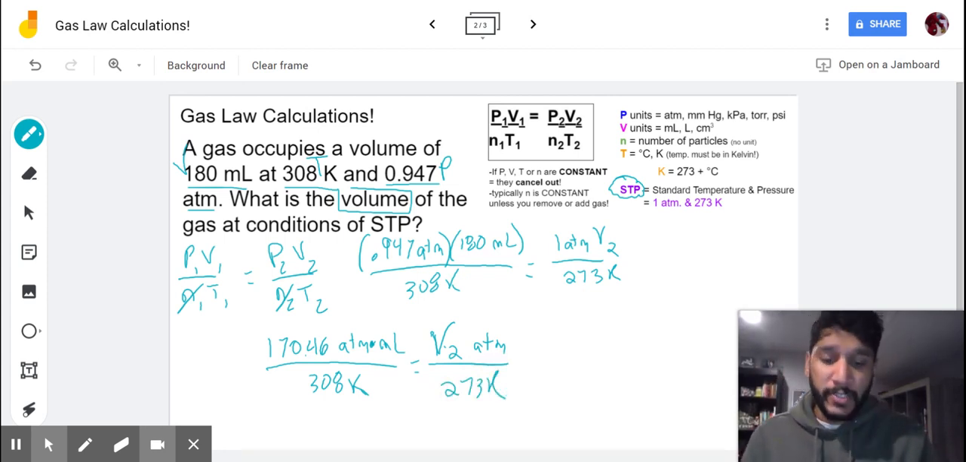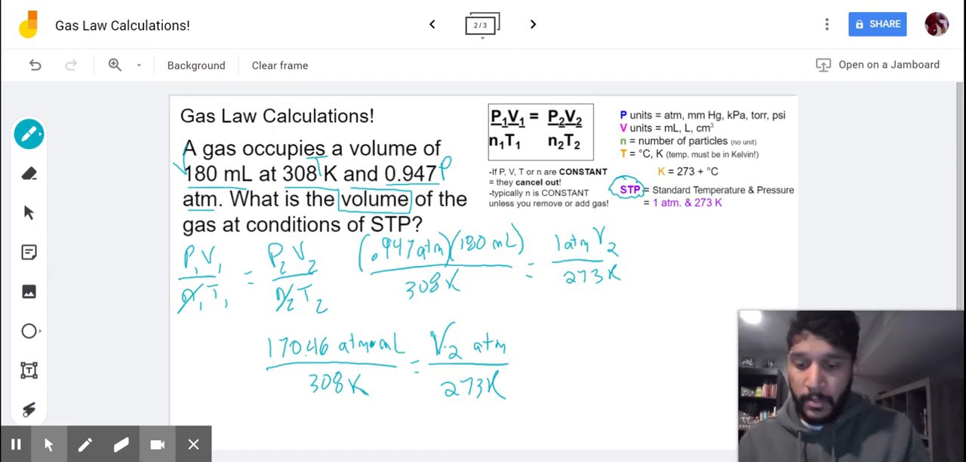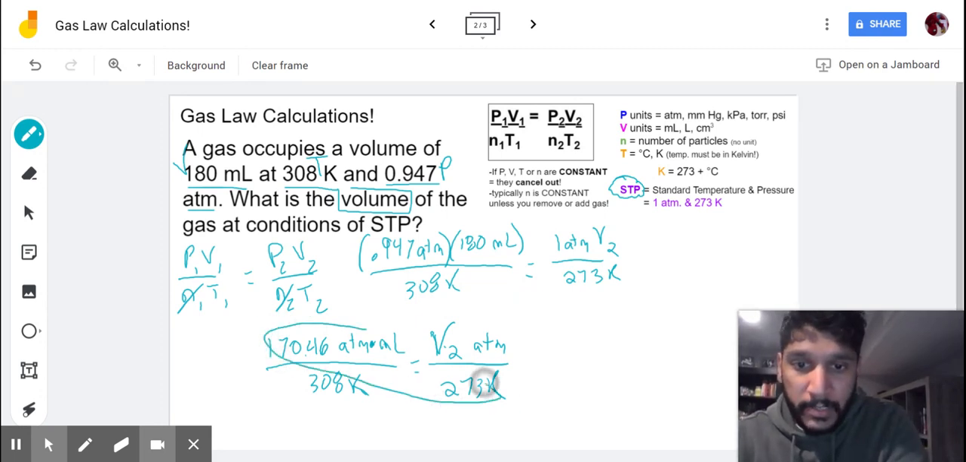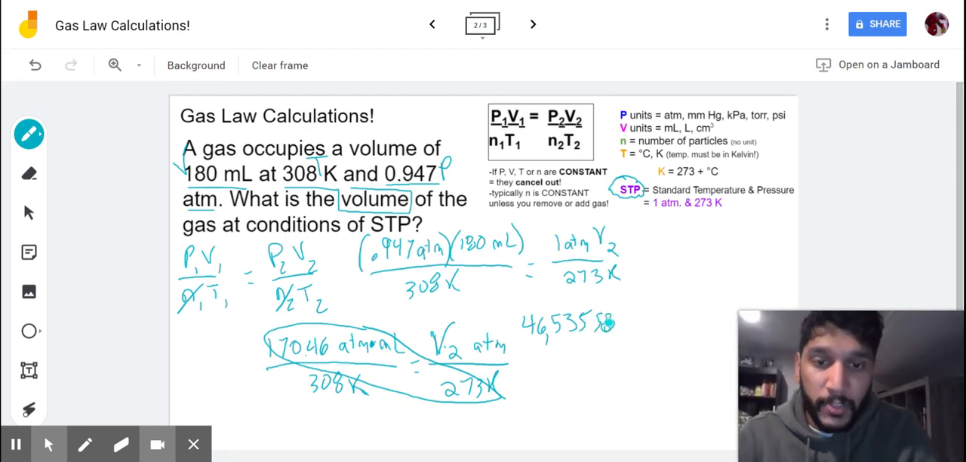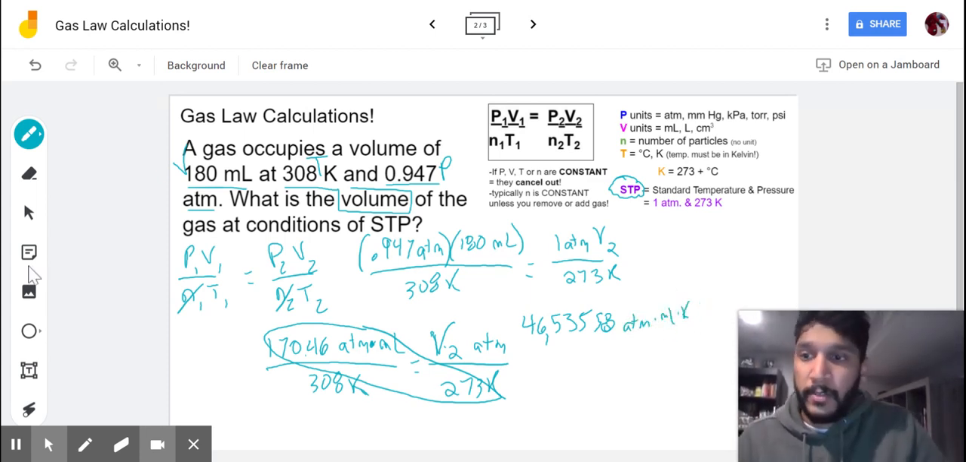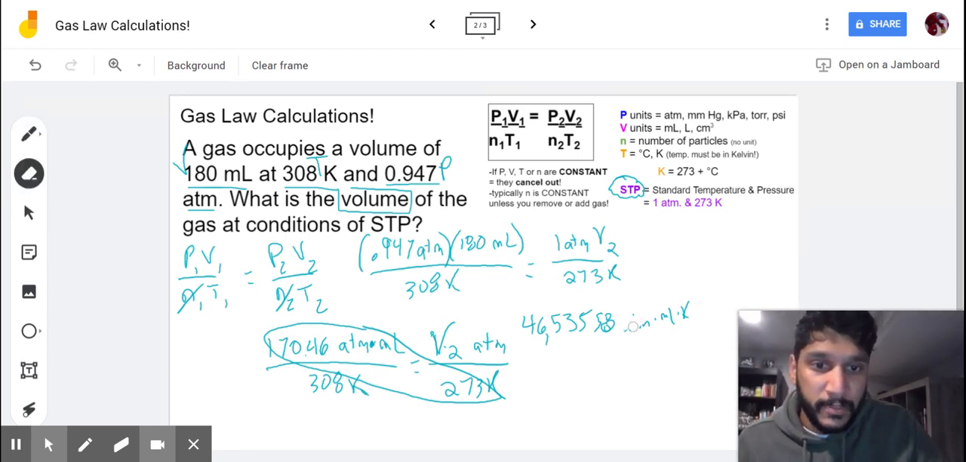Again, different variations, different stuff you can do. So I'm just going to take 170.46 times 273. Whew, that's going to give me a big number. So I'm multiplying this and this. And so I'm going to get 46,535.58. If I want to toss my units on there, that's atm times milliliters times Kelvin. I'm not going to, for space wise, for right now. And that's going to equal,